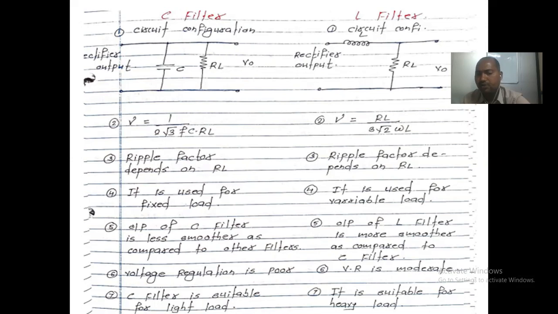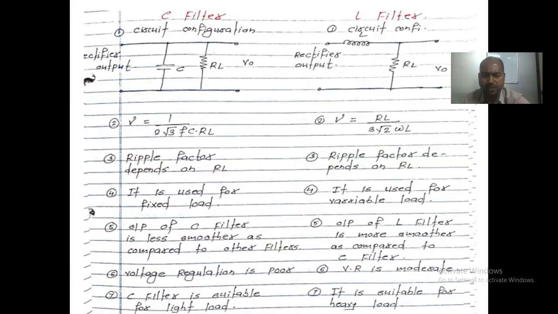Now see, an MCQ question asked on this is: the capacitor type of filter is used for which load? The options are variable load, no load, changing load and fixed load. In that case, your option is that the capacitor filter is used for the fixed load. The same question can be asked for the inductive type of filter: the inductive type of filter is used for the variable load. So you have to understand any option, whichever is the answer. The capacitor filter is used for the fixed load, and the inductor type of filter is used for the variable load.